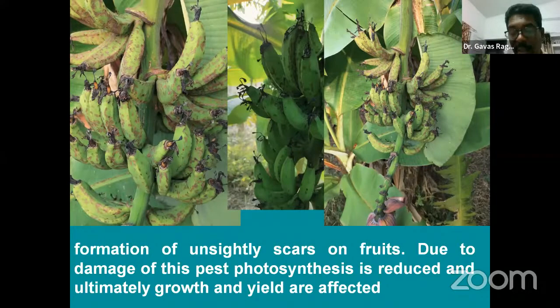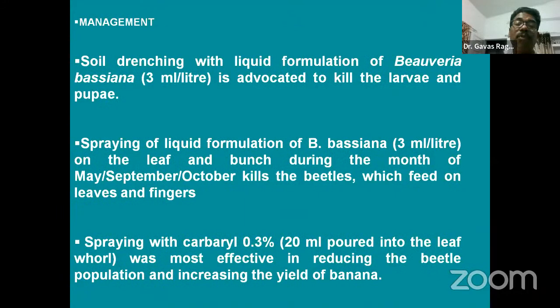So for managing this fruit scarring beetle, these are the following recommendations. We can drench the soil with a formulation of Beauveria bassiana, which is an entomopathogenic fungus, at the rate of 3 ml liquid solution per liter to kill the larvae and the pupae which are in the soil. Spraying of the same formulation of Beauveria bassiana at the rate of 3 ml per liter onto the leaf and the bunch during the month of May to September, October kills the beetle which feeds on the